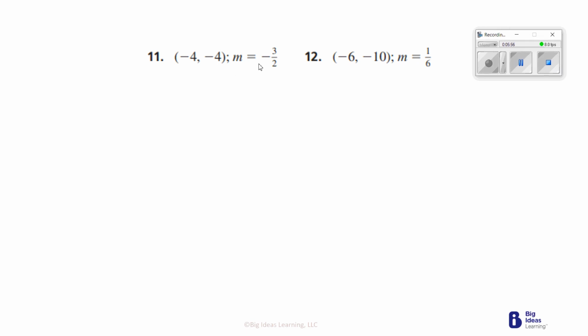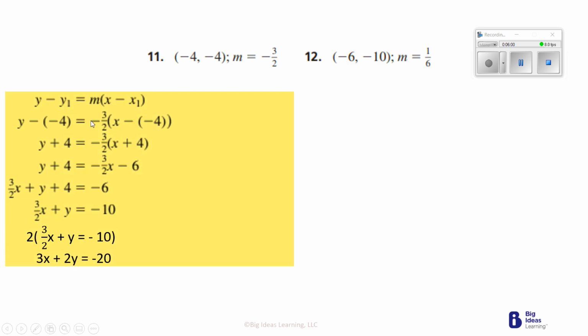Now we've got the same thing here. So our slope is now a -3/2. And x is now -4, so negative times a negative is a +4. And our y1 is -4. So a negative times a negative is a positive again. Now we need to distribute our properties. This will give us